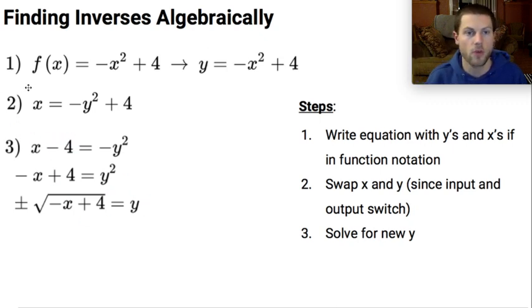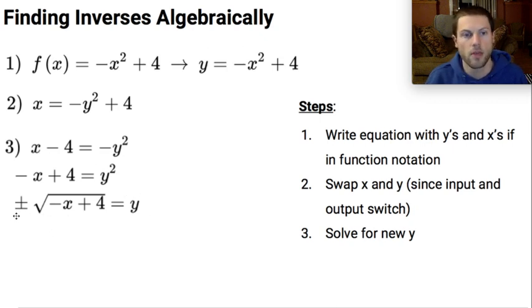Really what we've done when we've swapped x and y is we've switched our new input for our new output. And now we just like to have functions written when they're equal to y, so that's what we're going to do here. We're going to go through all the algebra steps, undoing this thing so we get y by itself. So I move this 4 over, I got to bring that negative to the other side, square root it all,